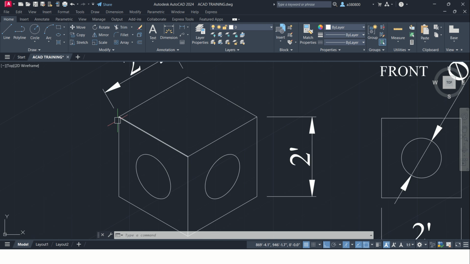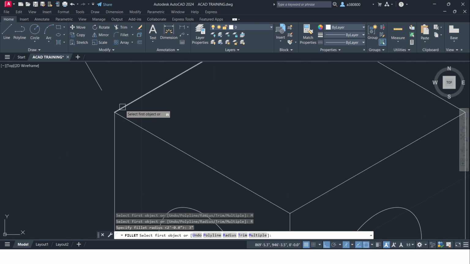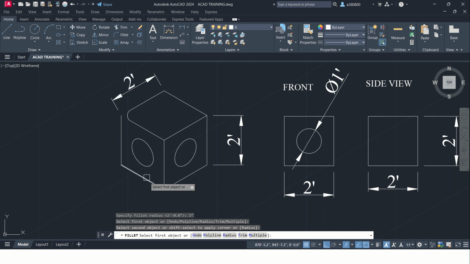Same as this, you can create the fillet also in this one. Select the fillet command, multiple, the radius, let's say the radius of the fillet is 5 inches, not 5 inches, let's say 3 inches. Multiple I have already selected. First of all, make sure it is required like this. Okay, so if you have, let's say, on every side it is required,